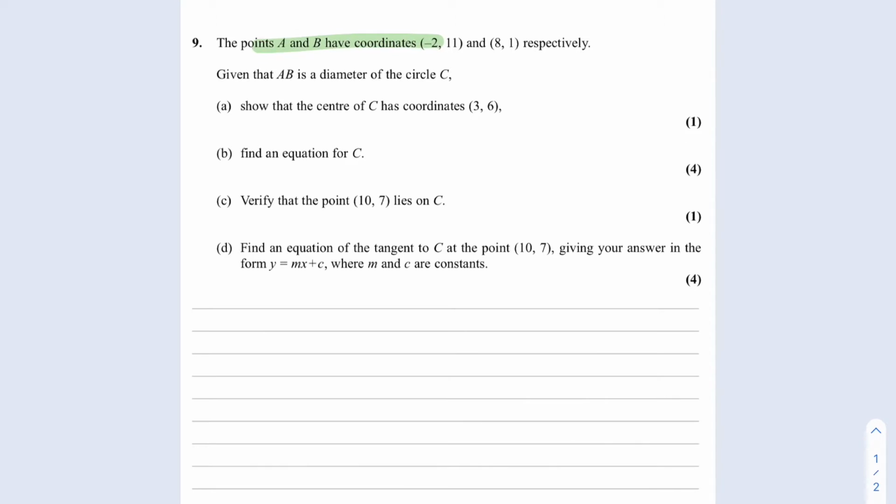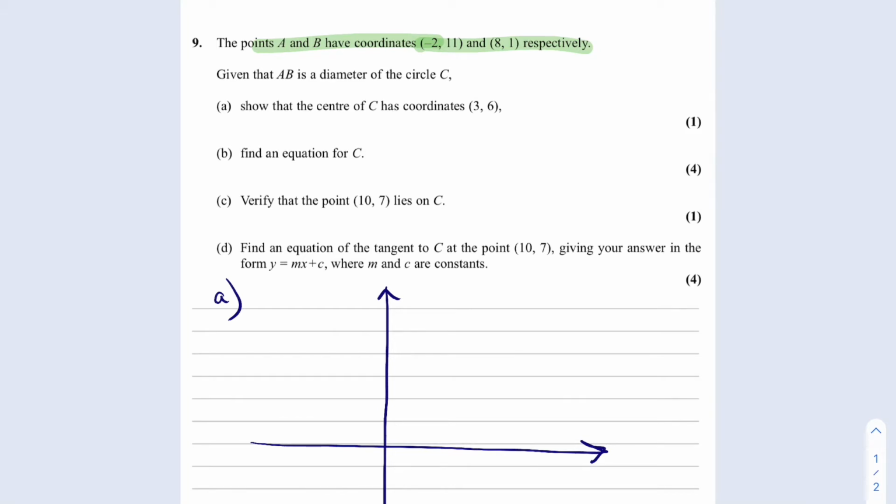So the question starts by telling you that you've got 2 points and they have coordinates -2, 11 and 8, 1 respectively, and there is a diameter between these 2 points. So the first part of the question asks you to show that the centre of this circle has coordinates 3, 6. So since AB is a diameter, it's effectively the same as finding the midpoint. So I'm going to start by sketching this circle,